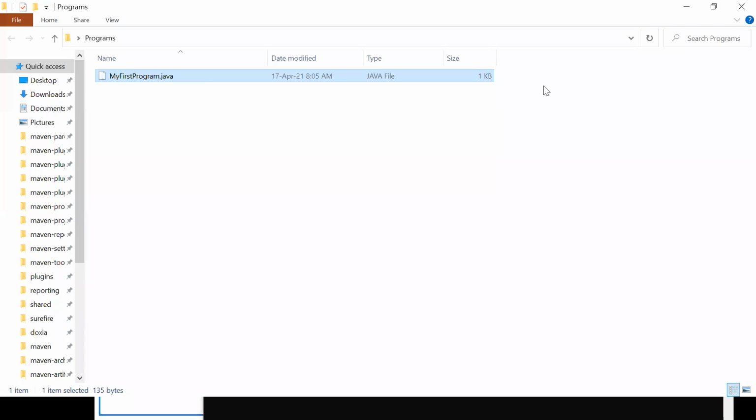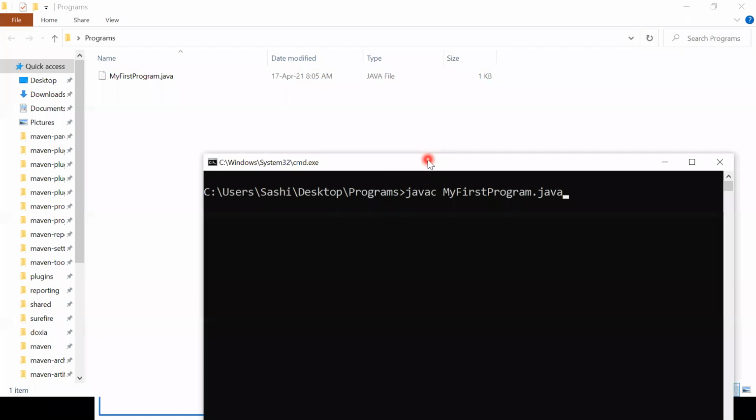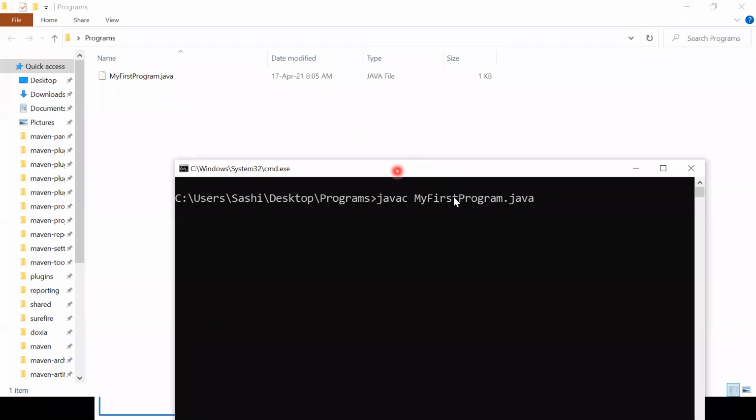We have only one file. So we will see what is happening when we are compiling it. I'm showing both the windows. Let me hit it. Observe a little carefully. When I'm hitting it, this my first program is getting compiled.